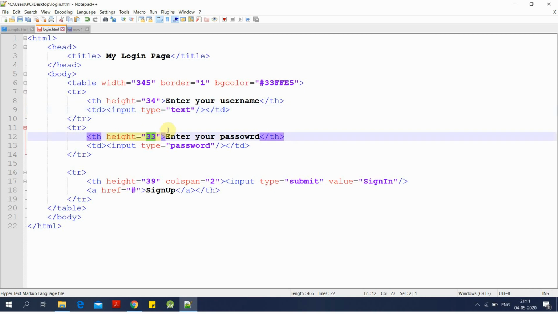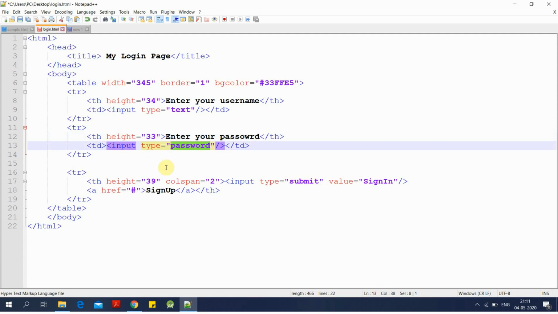Next table row, table header height 33. Enter your password. Here I have given input type equals password. Next I have given table row height 30. What is this colspan and all? It is this